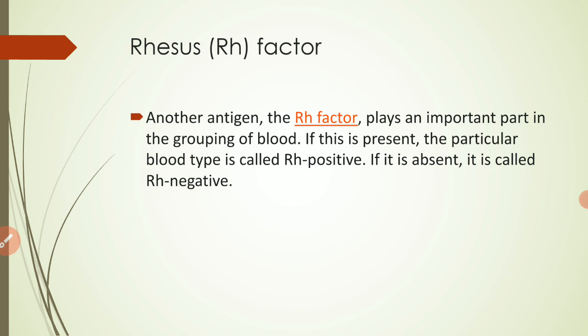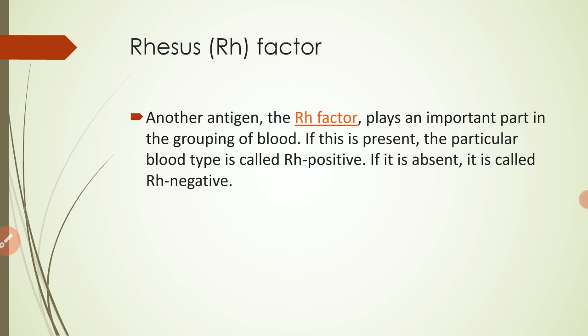Okay, because many times you must have heard that my blood group is A positive or B positive or O negative. So what is this positive or negative we are talking about while stating our blood group? Actually, other than antigen A and B, there is one more antigen besides these regular antigens, which is called rhesus factor. Okay, it determines the compatibility of blood transfusion.